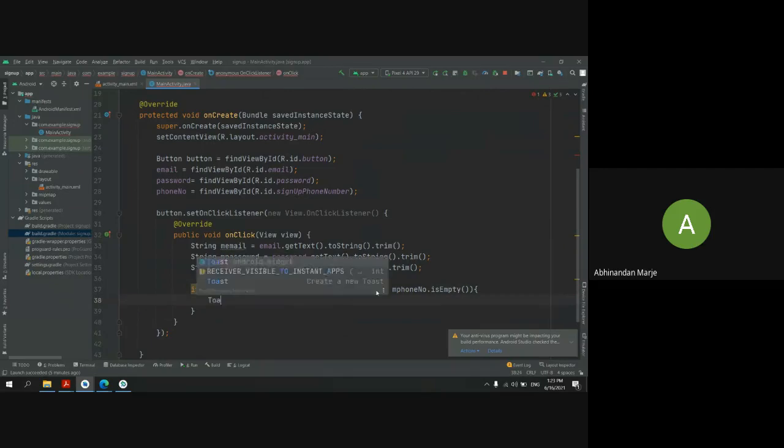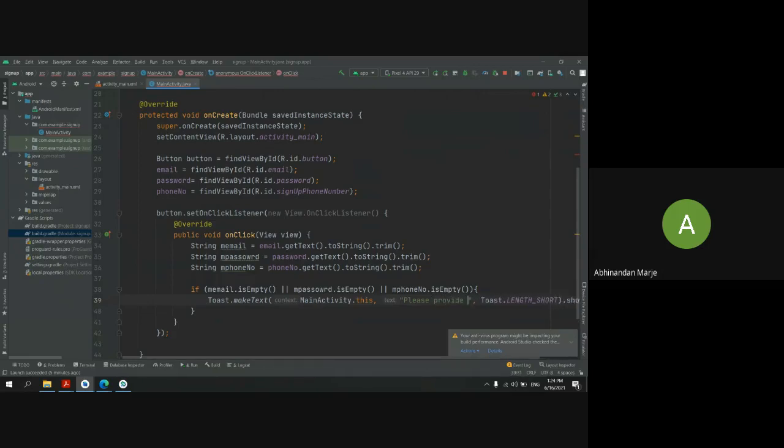If these are empty, I want to create one toast message. It will say please provide some data. Then